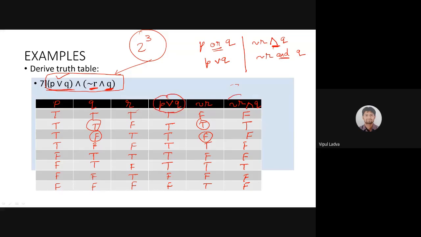Good. Now once we have both of these raw materials with us, that one of them is this, the other is that, we need to have the conjunction of both. Now we are looking for that final compound statement. So I need to add one more column over there. That column will be P disjunction Q, conjunction with negation of R conjunction Q. So let's try to add both this one as well as this one. Once again, we'll be just focusing on the conjunction. Conjunction T and F leads to F.